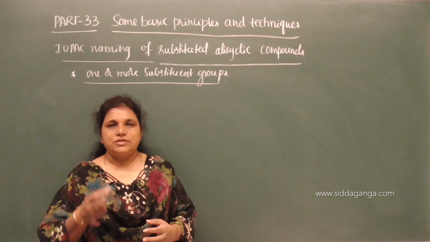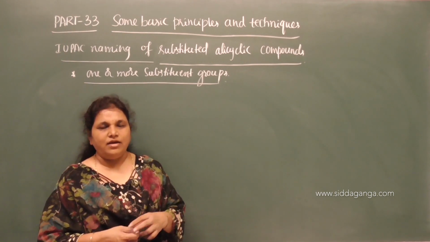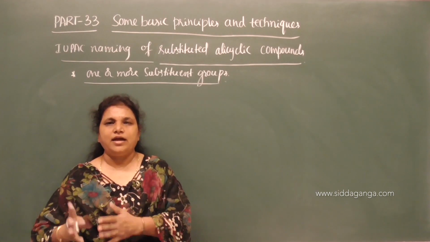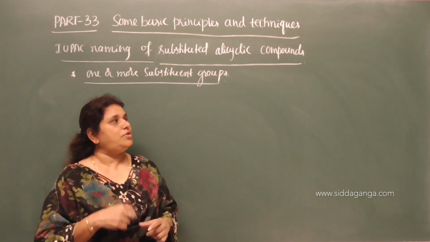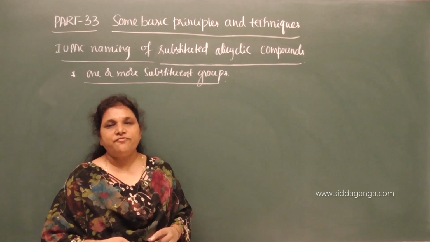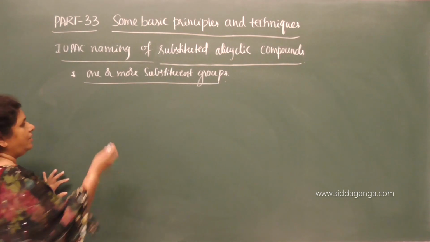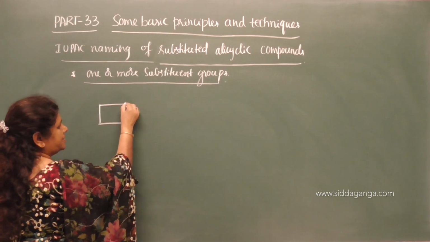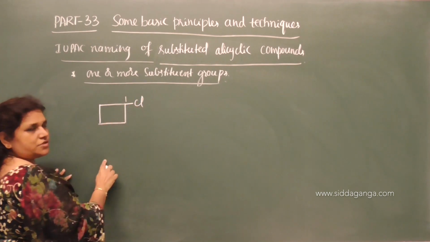Clear? So, when a substituent group is attached to the alicyclic ring, we need to name it as a substituted alicyclic compound. What is substituted? The substituent group. So, we need to give the position and the prefix for that substituent group. I will give an example. See here, butane, correct, and it gets substituted with Cl. So, this is position 1.